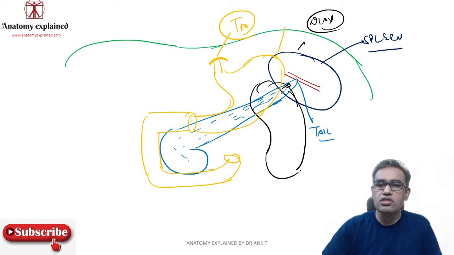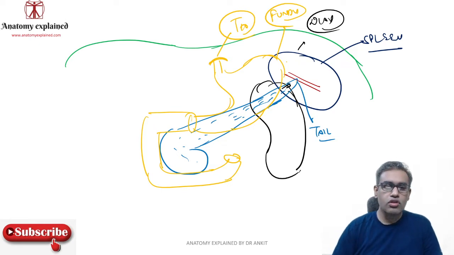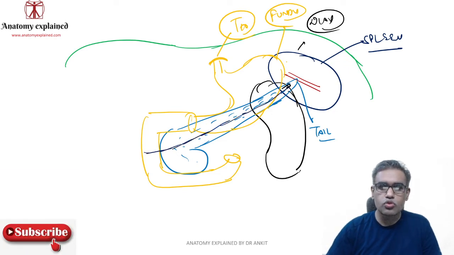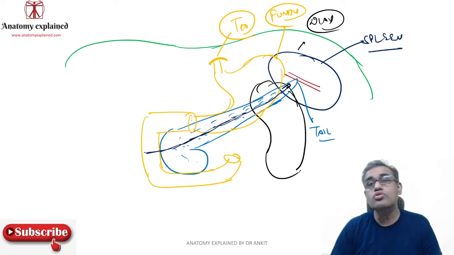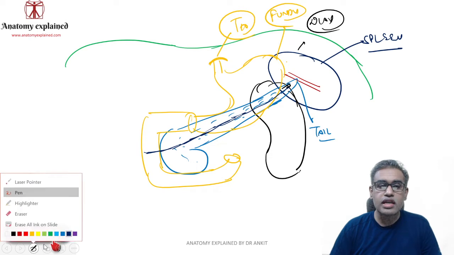So you can see the fundus of the stomach, that is also touching the spleen. Another visceral relation, stomach, and this was your kidney, this was the pancreas. Now we have also done the pancreas part, and in the pancreas we have known that in front of the second part of the duodenum and the front of the pancreas we have the root of which peritoneal fold, that is the root of the transverse mesocolon. So you have the transverse colon also attached.